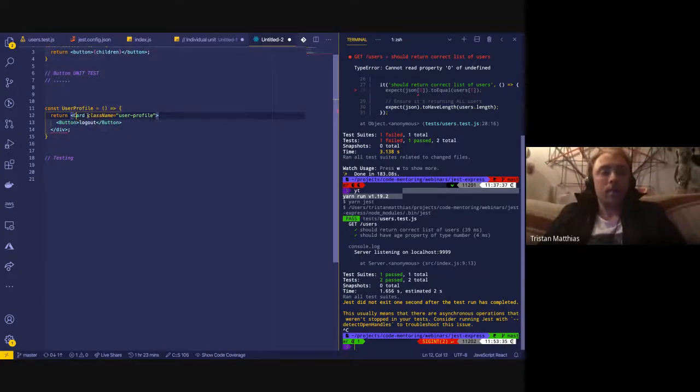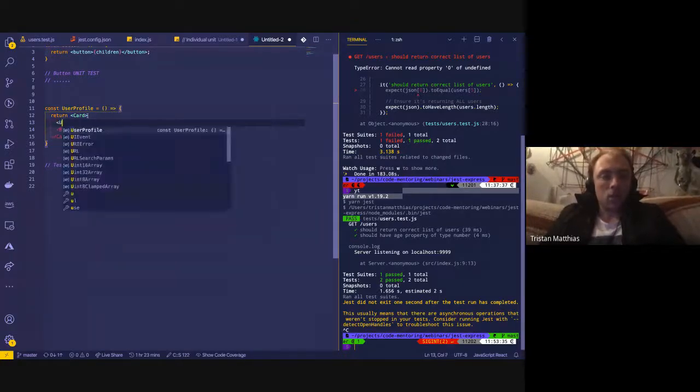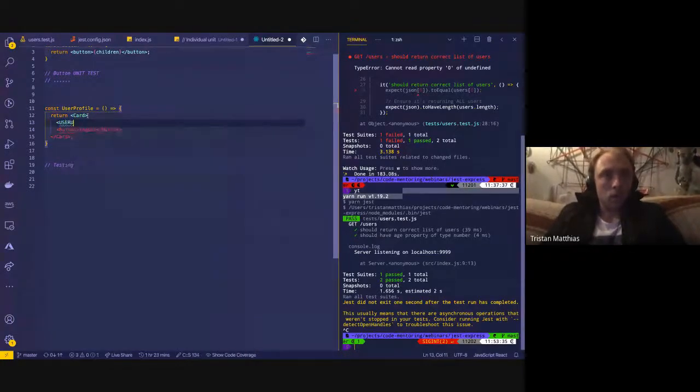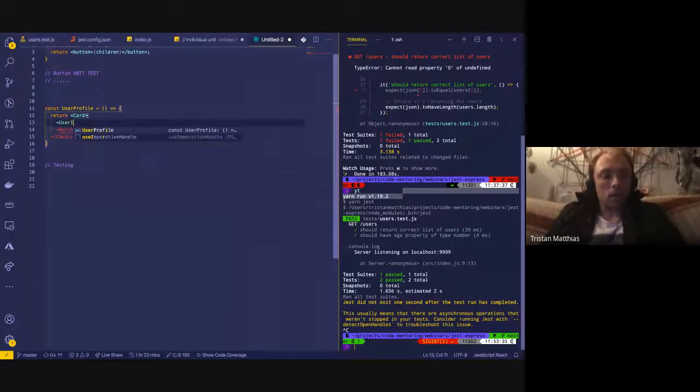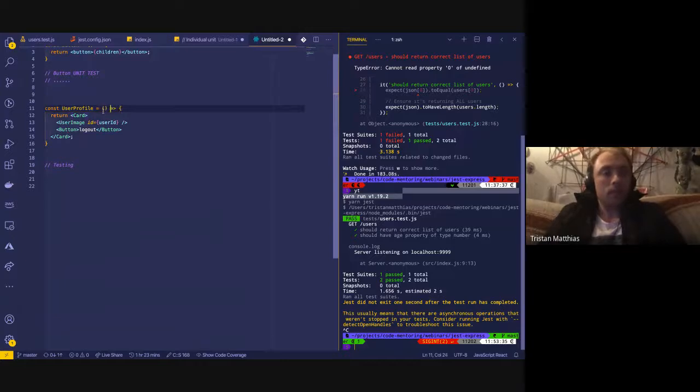It's going to use a card element, with a button and a user image, and we pass in the name, ID equals user ID. We get a whole bunch of different options, and this becomes a very complicated component because it's comprised